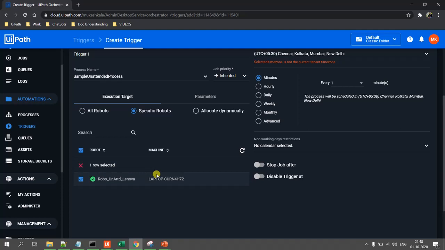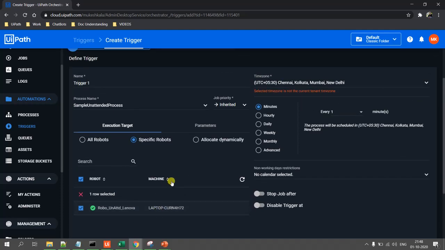For example, if you are dealing with a company and you have a software, let's say an SAP application, installed on a particular robot, then you cannot run the process on all the robots. In that case, you go for a specific robot. Then there is something called allocate dynamically.